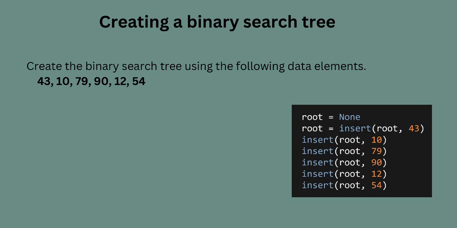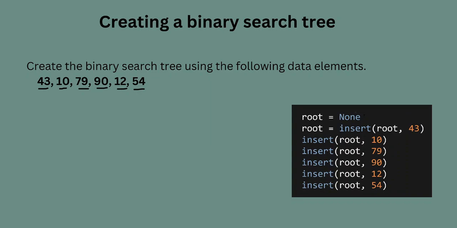Now let us create a binary search tree using these data elements. The data elements are given as 43, 10, 79, 90, 12 and 54. The same elements can be inserted with the help of an insert function by starting from the root